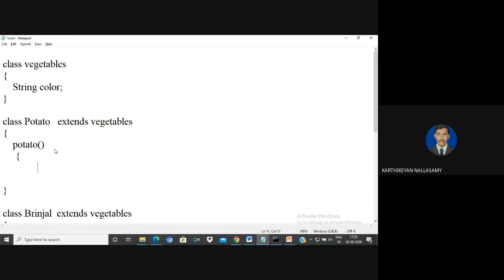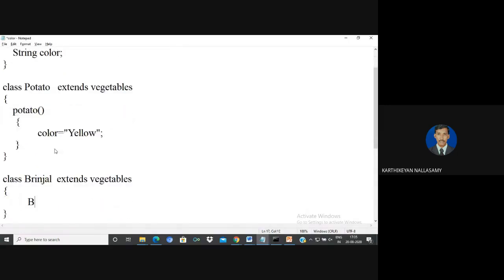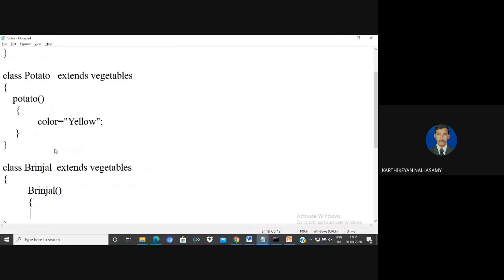We know that the color of the potato is yellow. I am just going to give a random color; I am not going to match the exact colors. Then brinjal. We know that when the class name and function name are the same, it is called a constructor.